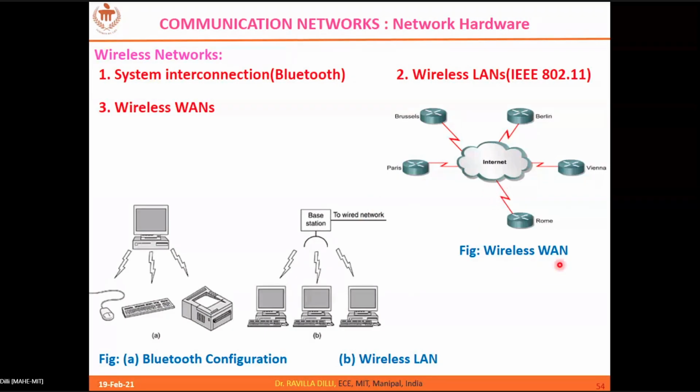Similarly, you can also have a wireless WAN. But remember, the backbone is wired always. The backbone network is a wired network. So this internet is a wide network, where the wireless routers, this router can have a wireless link. These red lines indicate a wireless channel. So the other end of the router can also be wireless. That is a wireless wide area network.